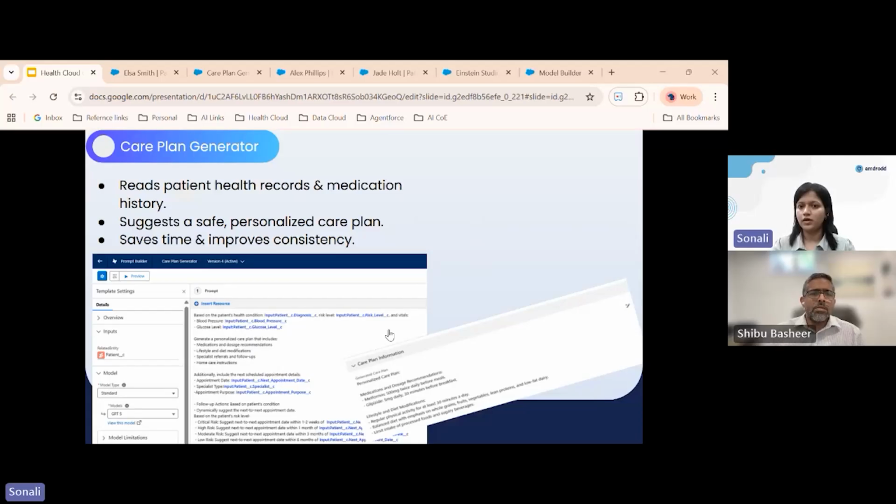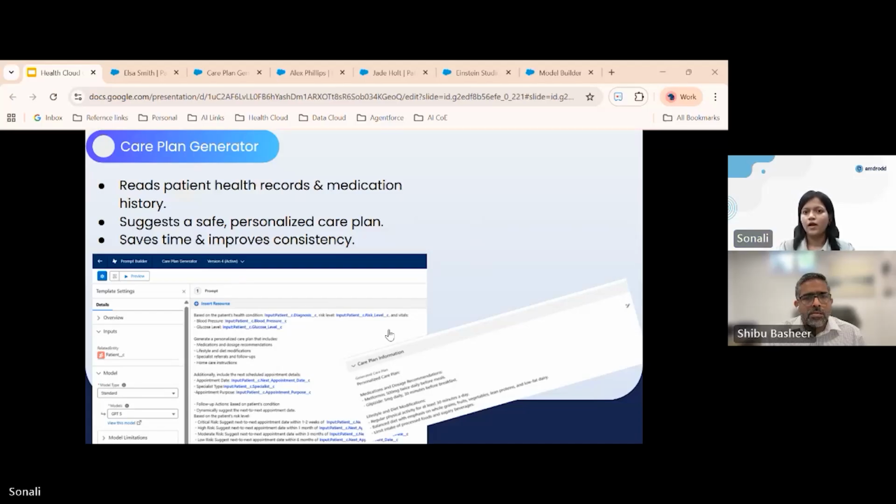Think of it like a smart assistant sitting next to the doctor. Instead of spending hours reviewing files or typing information into forms, doctors can use this ready-to-use draft plan, which is tailored for the patient. It will save time, it will ensure consistency as well, and it will allow clinicians to focus on patient care rather than